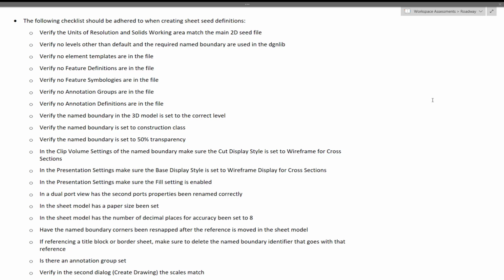Let's take a look now at a final checklist when we are creating sheet C definitions that we should consider. Want to verify the units of resolutions and the solids working area match up with your main 2D seed files. For example, don't mix survey foot and international foot. Also, you want to make sure to verify no levels other than the default and the required name boundaries are